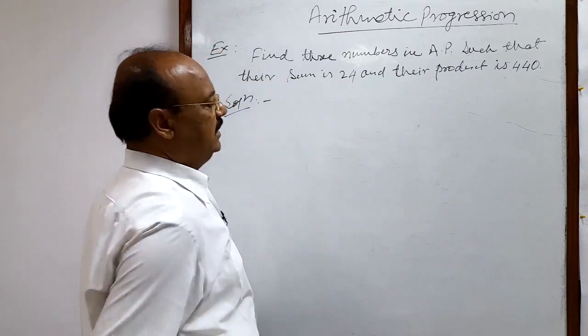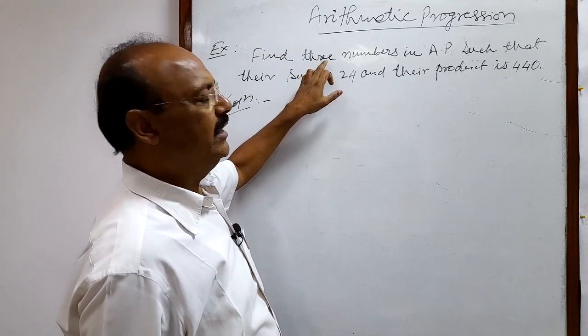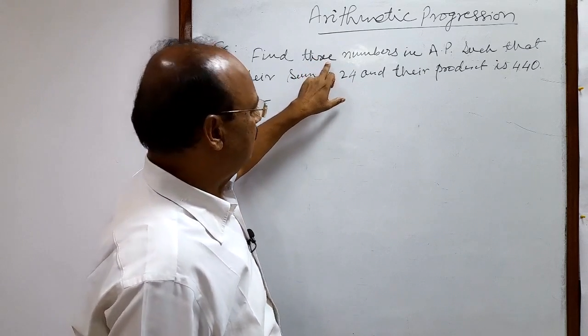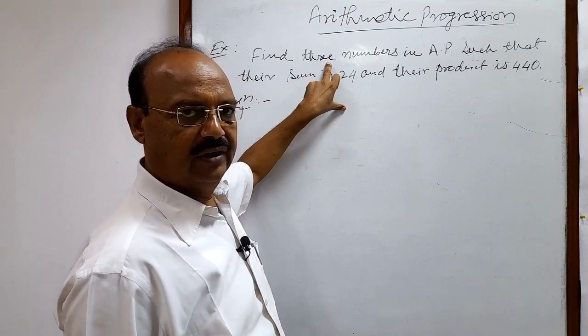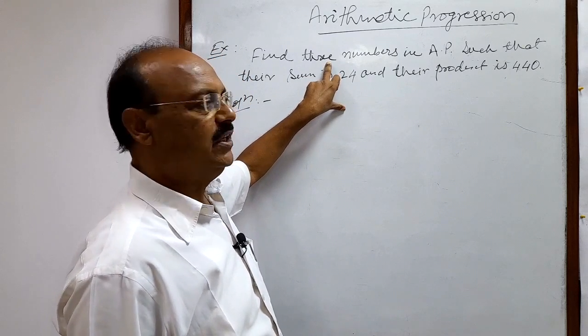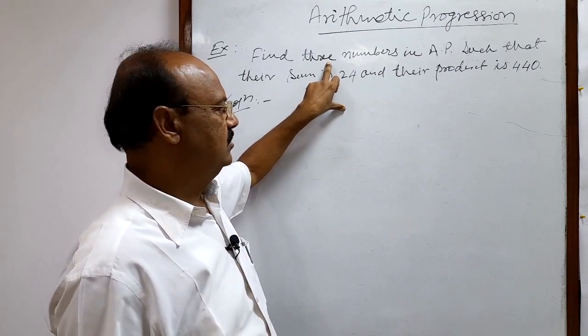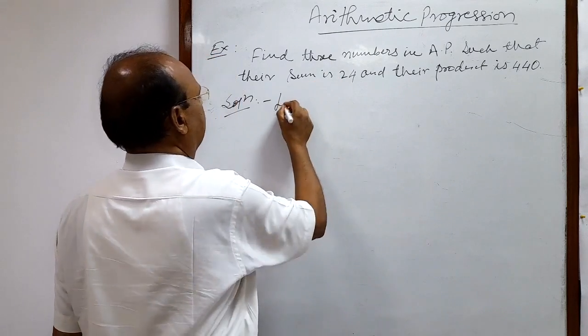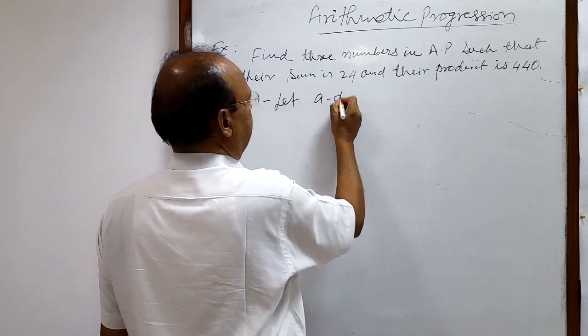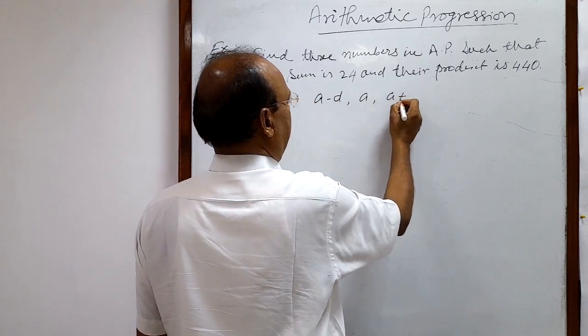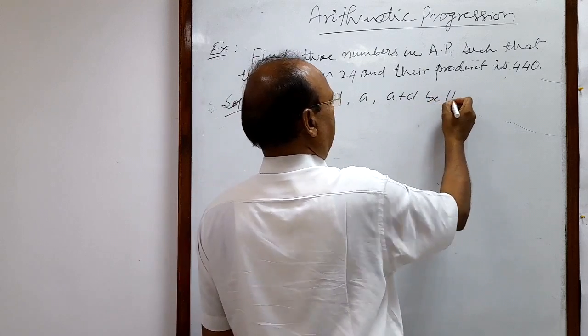We can do it very easily. Here we have to find three numbers. Okay? So whenever three numbers in AP are required, then we must take a minus d, a and a plus d, where d is the common difference. So let a minus d, a and a plus d be three numbers